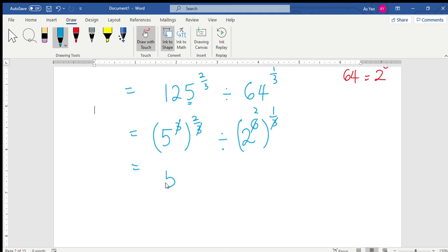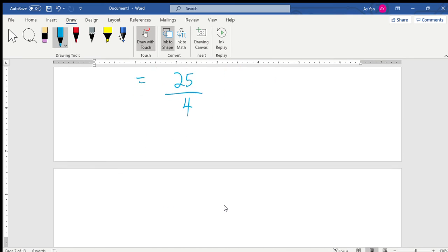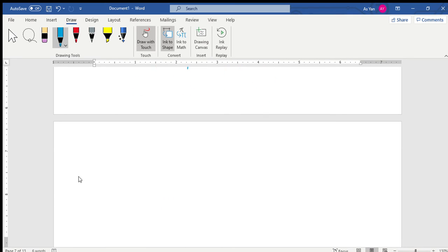So 5 to the power of 2 divided by 2 to the power of 2. So 5 to the power of 2, 5 squared is 25. Divided by 4, 2 squared is 4, so 25 divided by 4, equals 25 over 4. Okay, next. For C,